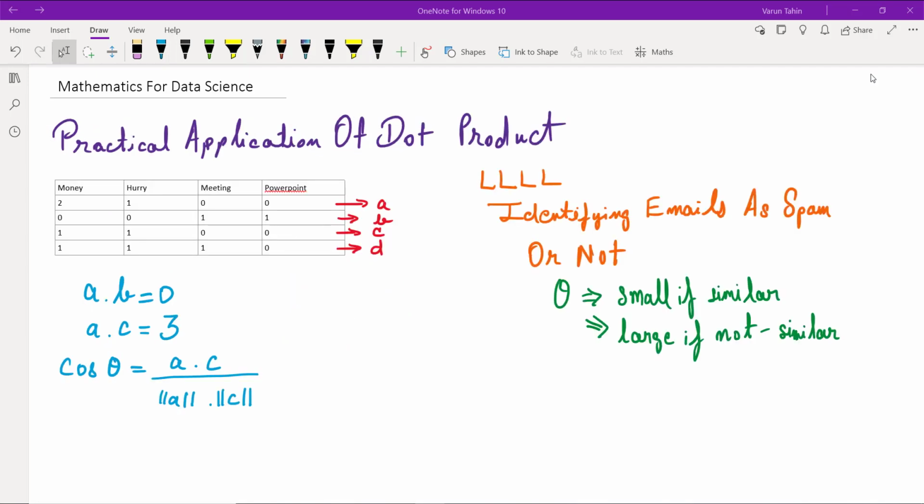Now you saw that the dot product can be used to compute the angle between two vectors. So this simple property of the dot product is extensively used in data science applications. Here we will discuss an example application and use the dot product to compare emails with each other. So in general, you would have noticed that your email inbox automatically separates, or at least tries to separate, spam emails from the genuine emails. Those are also called ham emails.